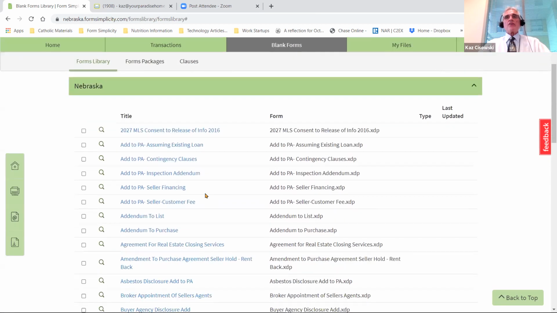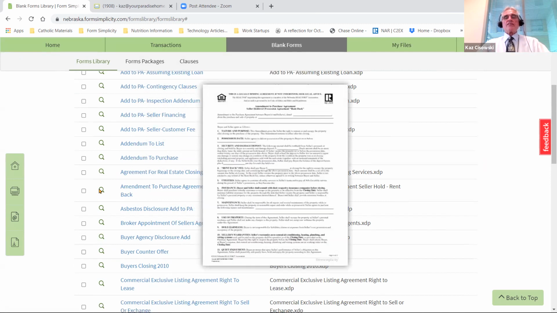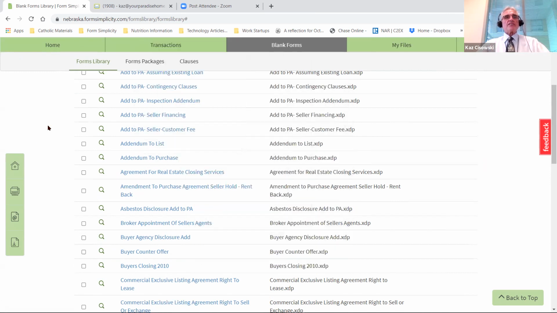And then, of course, for those of us who still may have dial-up at their offices, this might be a perfect feature for you. And what I'm referring to is this preview button here. So instead of opening up this form and waiting like 2 hours for that form to open up at your office, if you click on that preview button, you get to see it much quicker. And is this the form that you would like to use? And if so, just click on it to the side,